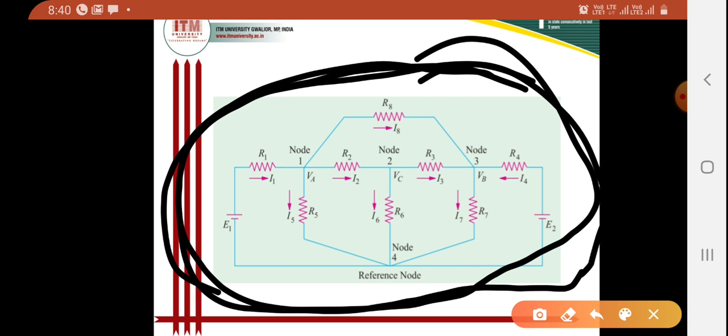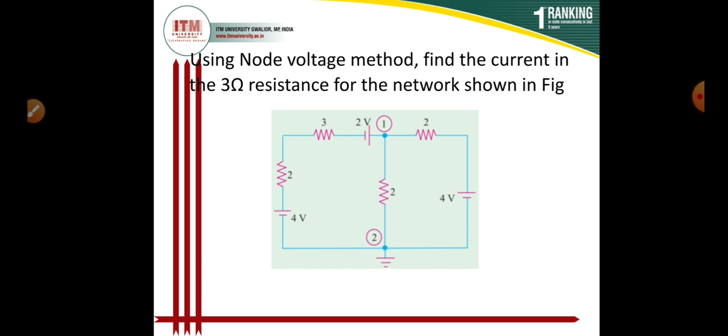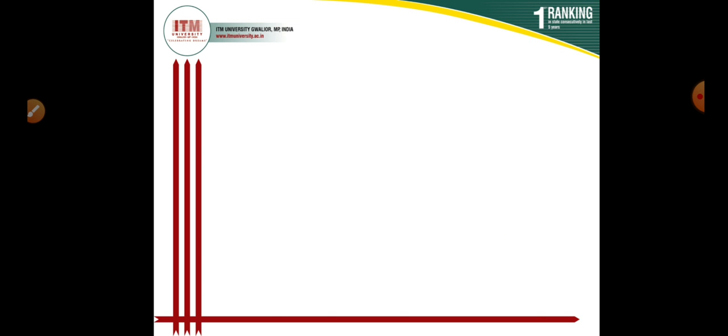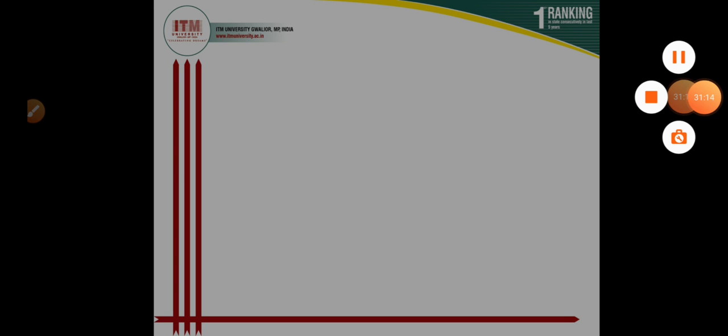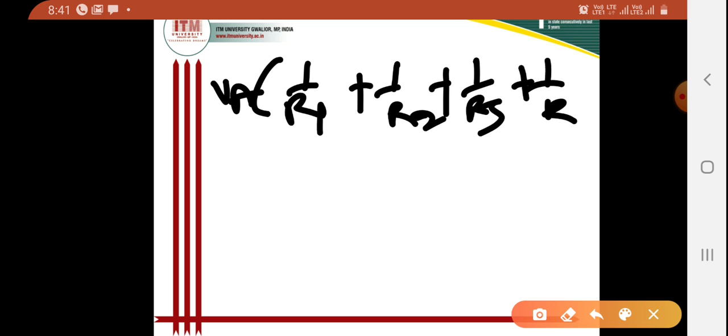We can consider this circuit, and the three node equations are what? Here I am writing the equations again for the three nodes. So I can write VA (1 by R1 plus 1 by R2 plus 1 by R5 plus 1 by R8)